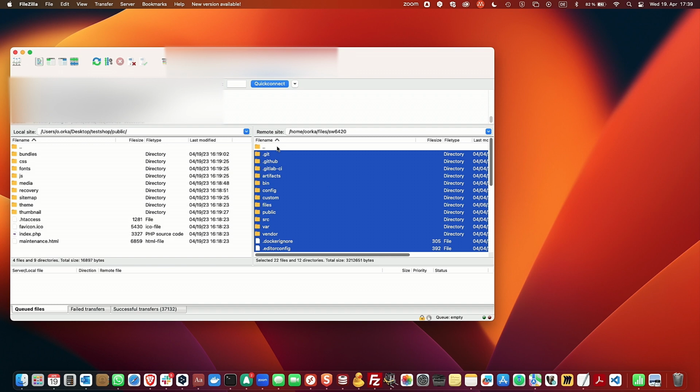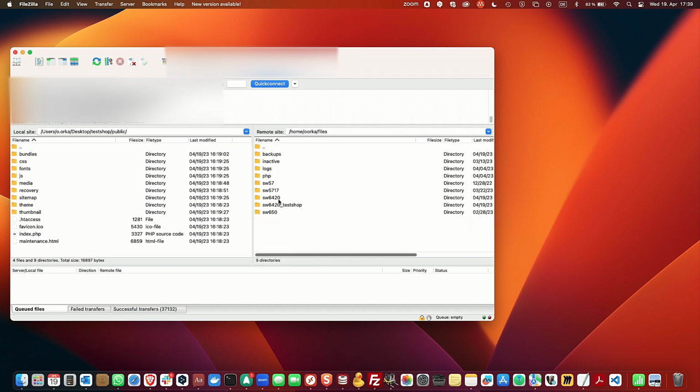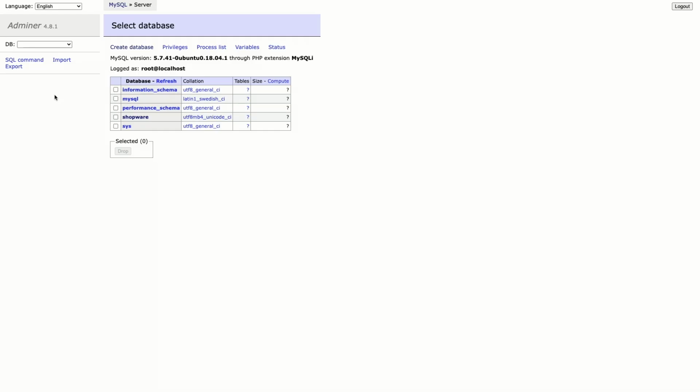So I already copied and pasted here in the test shop created folder. After all the files are copied from the live environment to the newly created test environment directory, the next step is creating an empty database. So open the database overview. In my case, it's Adminer, and click on create a database.